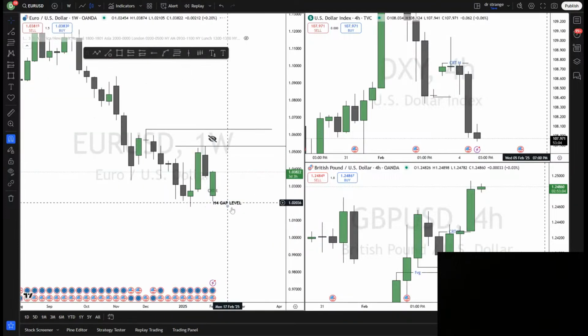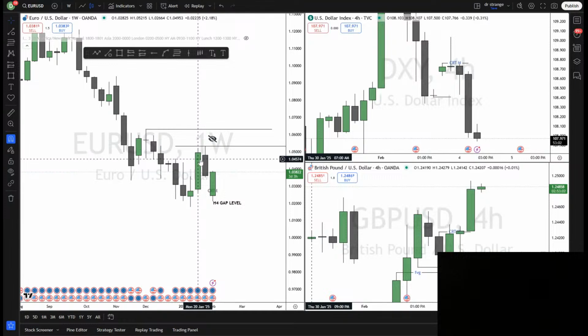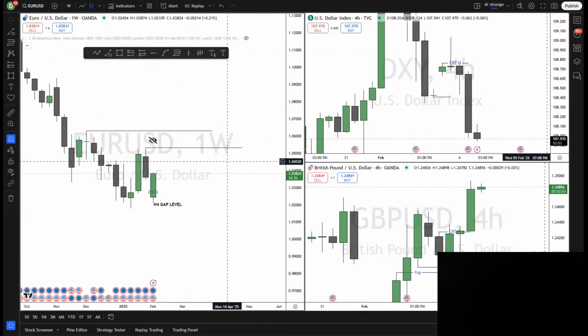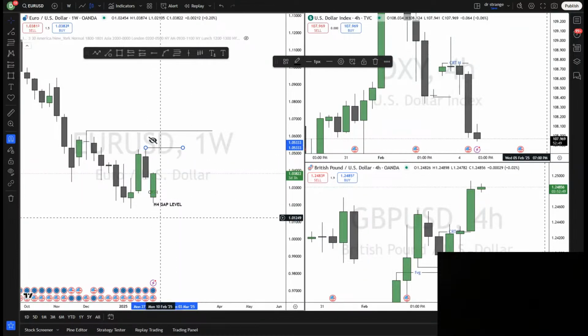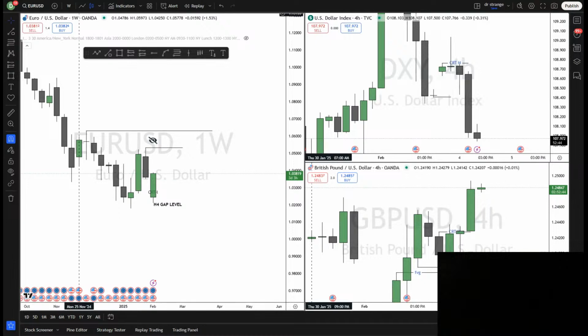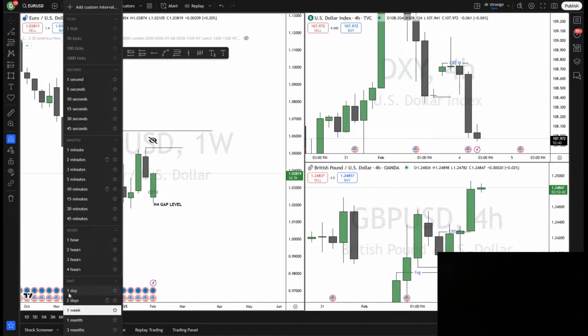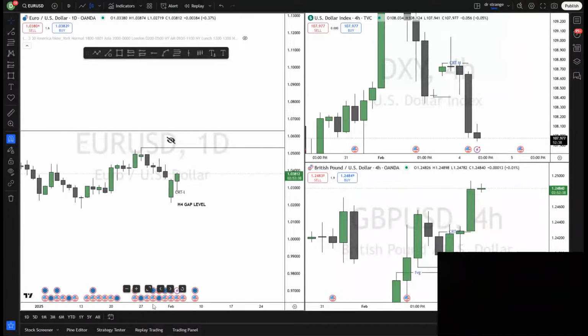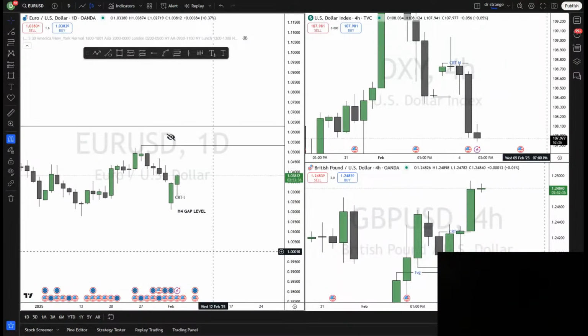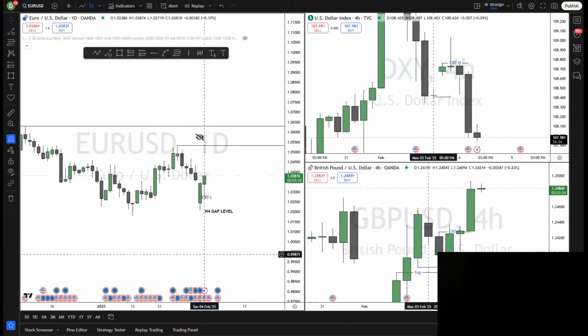When you go to the weekly, this was last week. We closed bearish. This was the closing of the month. So remember that when the month closes, it has to form a week. So this kind of formed the week for that month. When you go to the daily, this is where things started to go really weird. It is so interesting how we missed today's trade, and we could have actually gotten onto this trade.